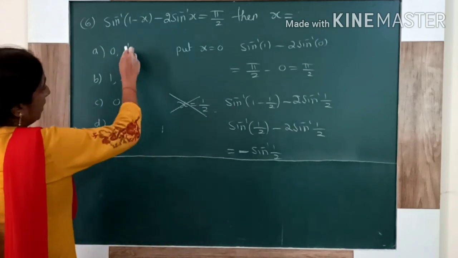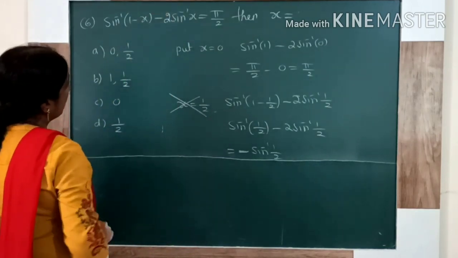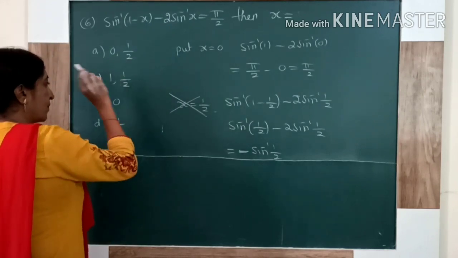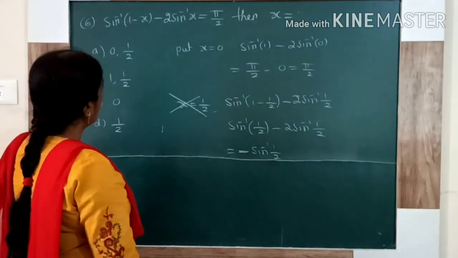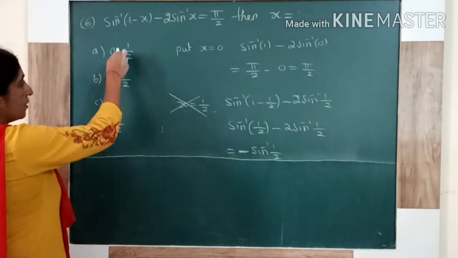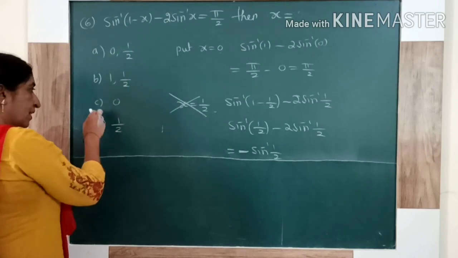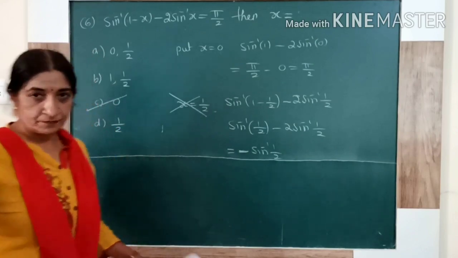If you write x is equal to 1 also, it is not satisfied because both answers will be 0, and already we are familiar that 1 by 2 is not satisfied. That means finally what conclusion you got, the value is satisfied only for x is equal to 0. Only for x is equal to 0, that means you are finding it only in option C. So your answer is C.